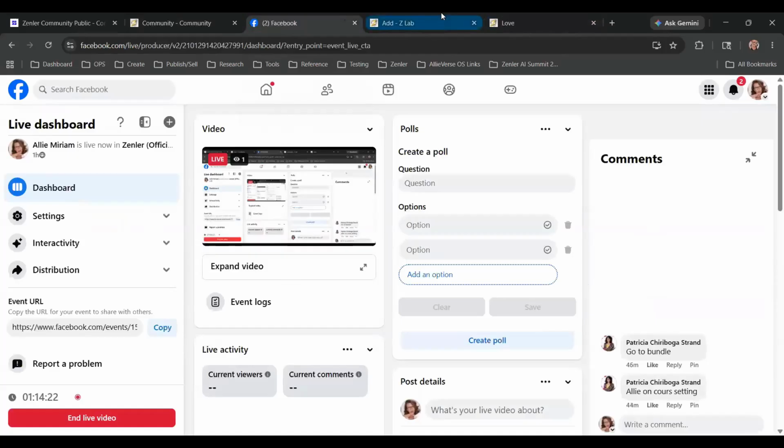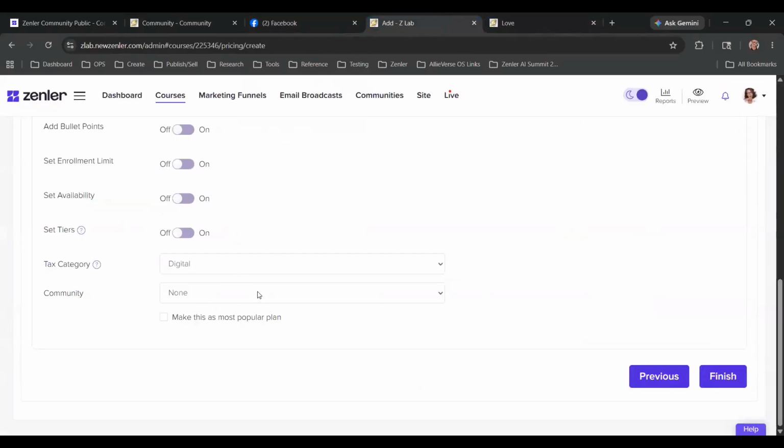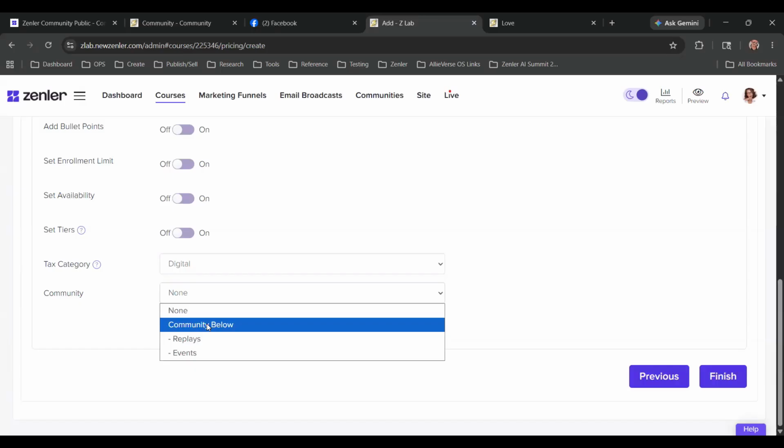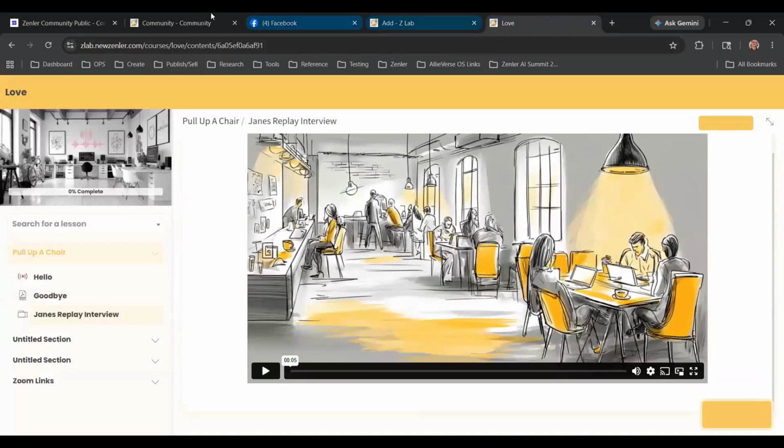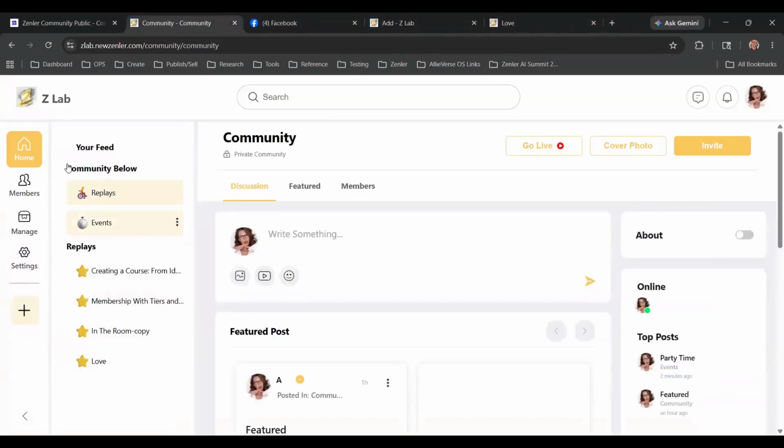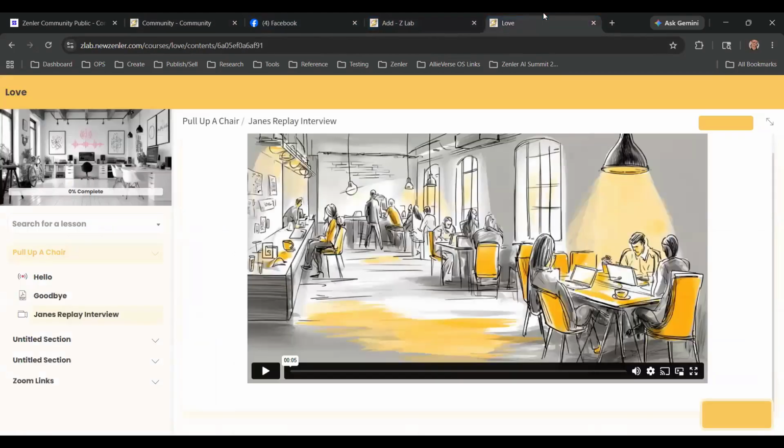But when you create all of those communities, if you choose the category, and they buy this course, they will automatically be enrolled in every community listed under the category. So it enrolls them in all.